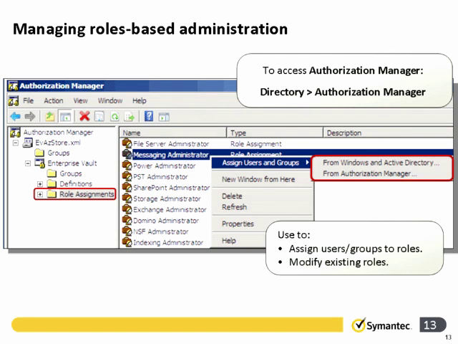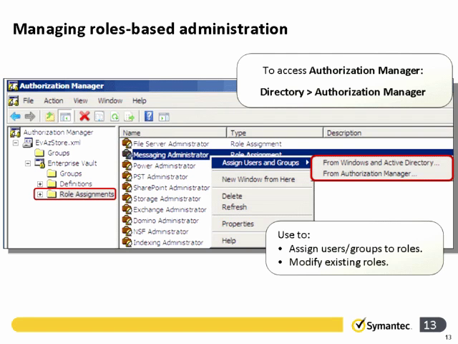We're more interested in the administrative tasks you would do as the person who's installing Enterprise Vault, or logged in with the Vault Service account, to be able to add additional administrators to your environment. So we're going to go to the role assignment section and add a messaging administrator. I select the roles assignment folder, right-click on the messaging administrator, and select assign users and